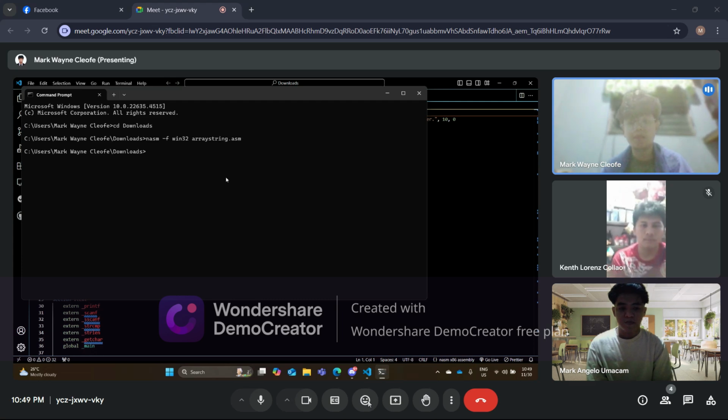Then, to link the object file to create an executable, we use the GCC linker. Then to run the executable, we type in a.exe.